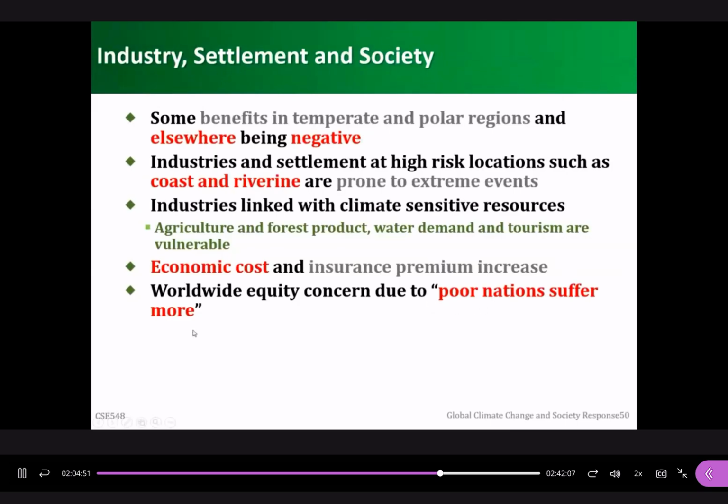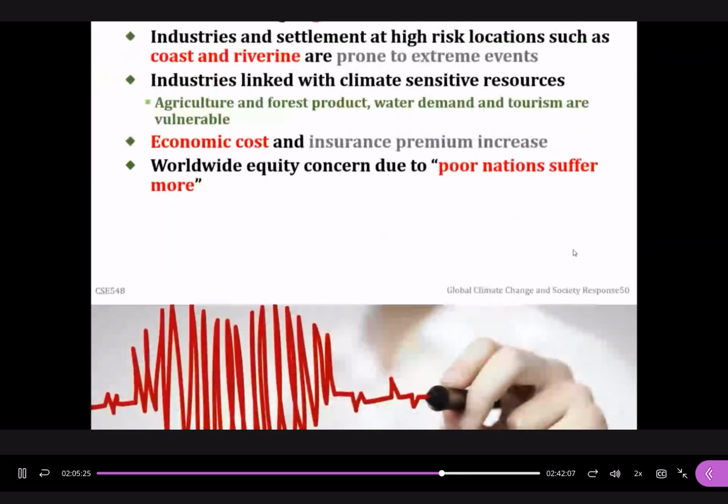Here, poor nations suffer more from climate change. This is for settlement. Just as indicated by the video, the people in the mountains are already affected by heavy precipitation or drought. But people living in cities cannot feel this so much, because cities are more resilient than mountain areas; cities have more resources to respond to climate change.